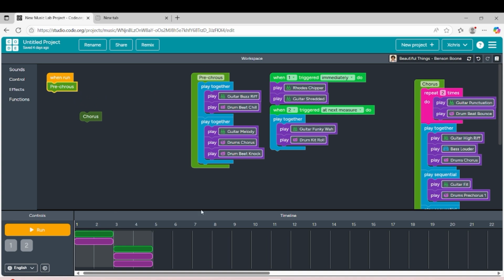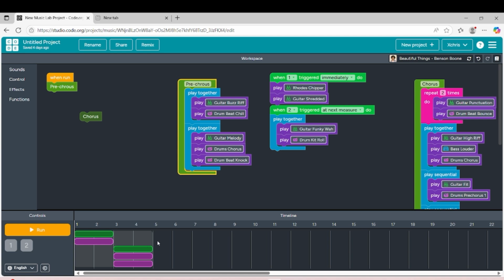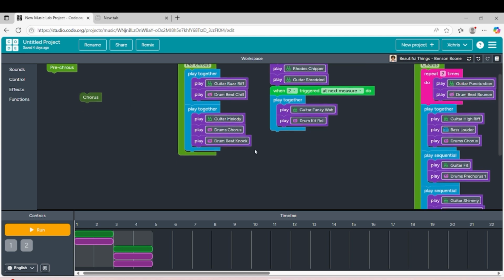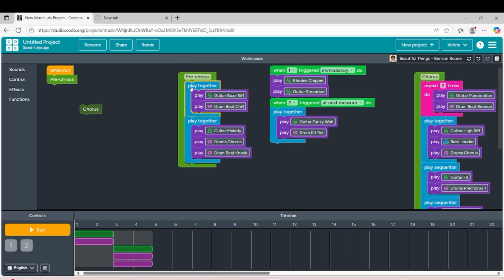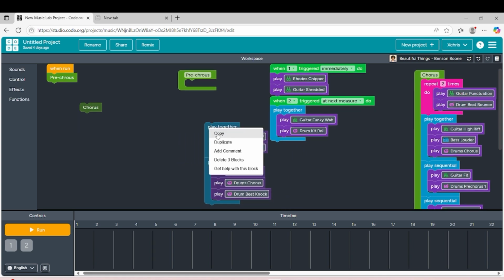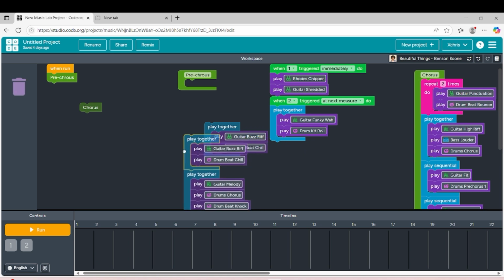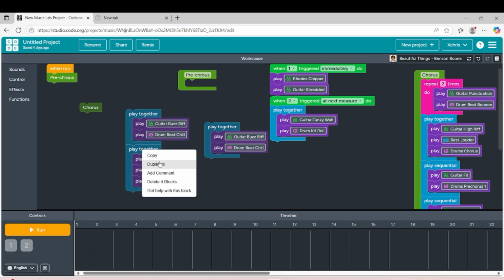Now, you can see. Let me prove to you that everything inside here is the same as in here. You can check by, let's say this, and let's duplicate that, and duplicate this.